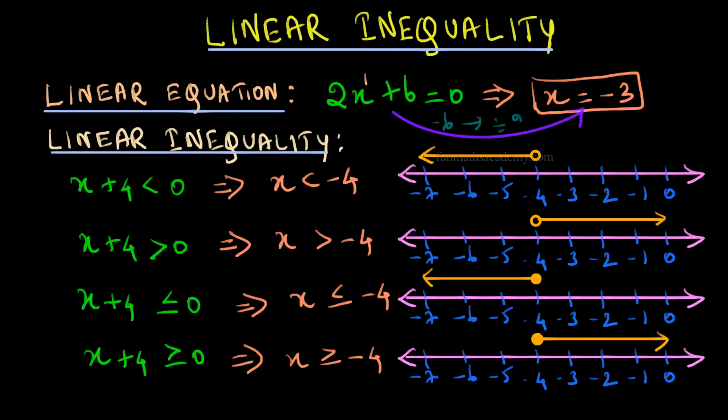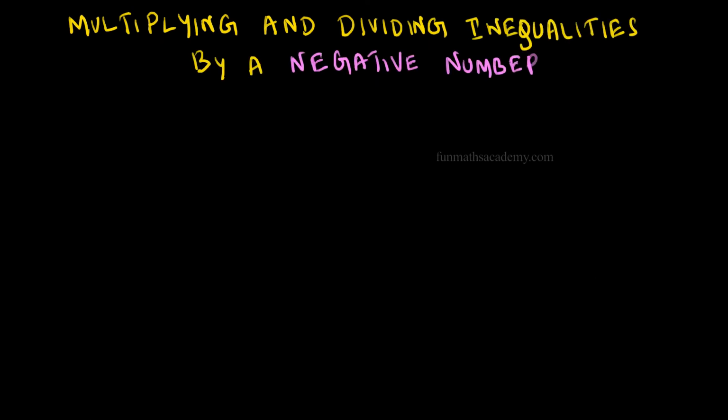Just like how we find the solution of a linear equation by adding, subtracting, multiplying and dividing on both sides of the equation, the same technique is used to solve an inequality and find the range of its solution. One thing to note is that when we multiply or divide by a negative number on both sides of an inequality, the operator on the inequality will change to its opposite operator.